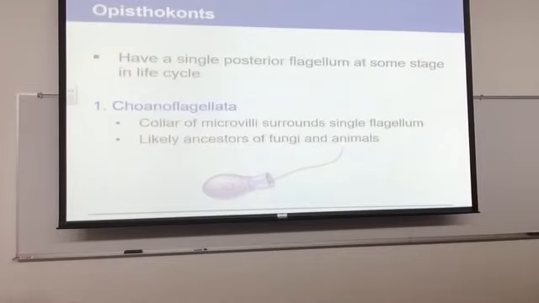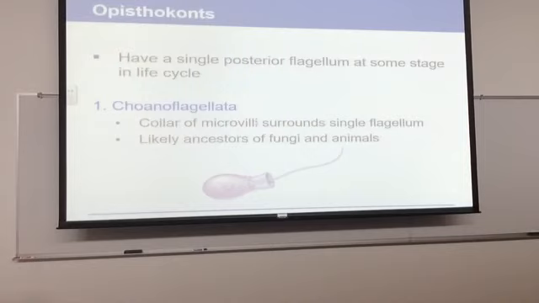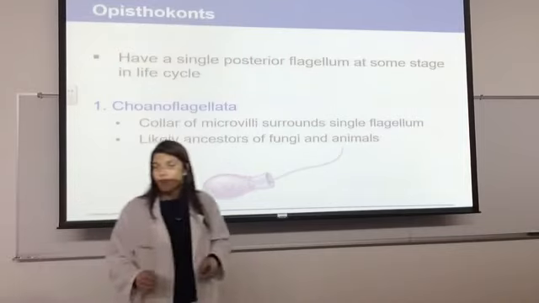So the choanoflagellates are the ancestors for fungi and animals, and we will study fungi, of course, on Wednesday, but animals later on in this semester. So you'll hear us come back to each of those. So opisthokonts lead us to animals, and the chlorophytes and charophytes will lead us into plants. And that is the end of protists. Questions? Okay.